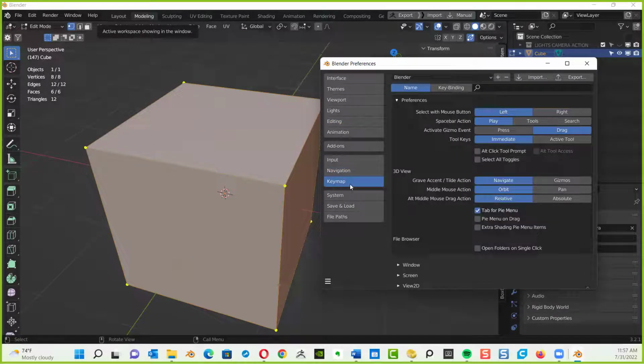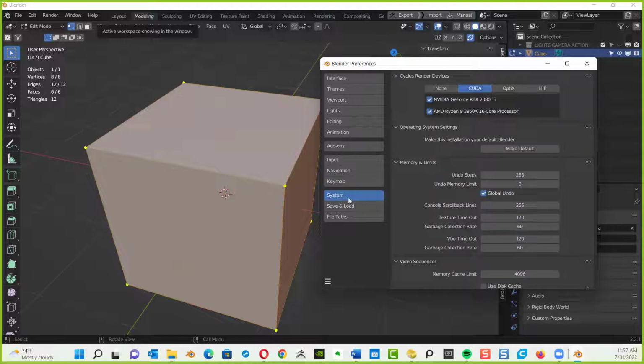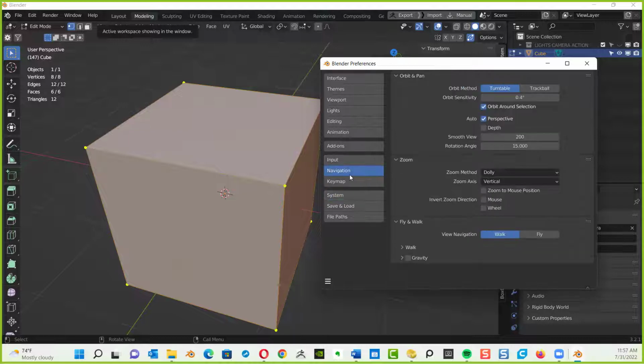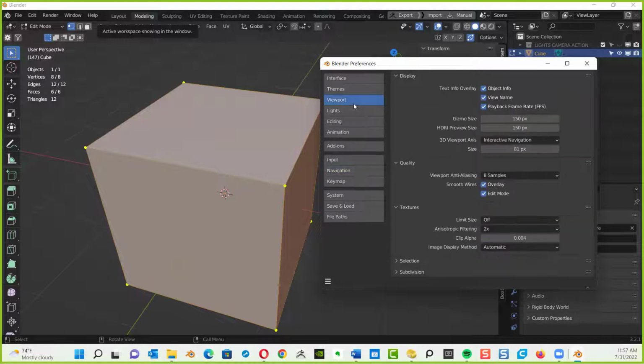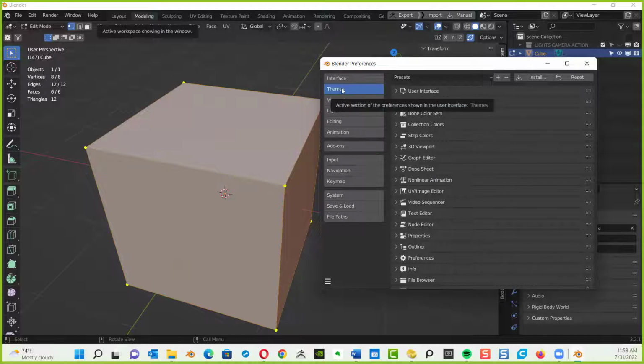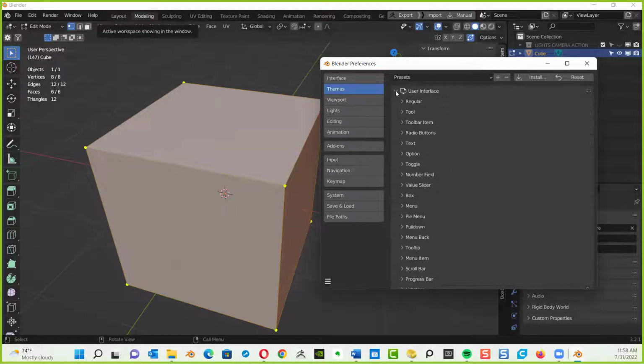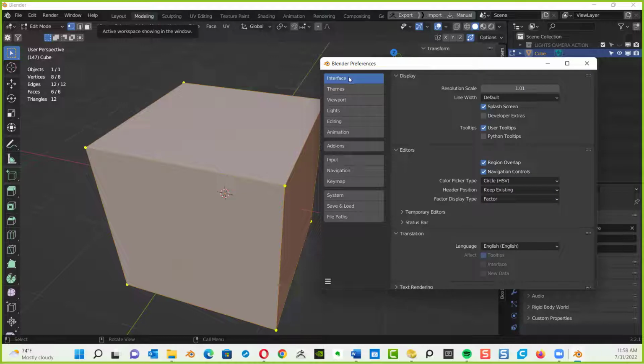The key map. No, I don't think it's underneath there. Under system. No, it's not under system. Okay, let me check viewport one more time. Subdivision selection. I think it's going to be under the themes. User interface tools. Oh my gosh, I forgot where this is. Sorry about that.